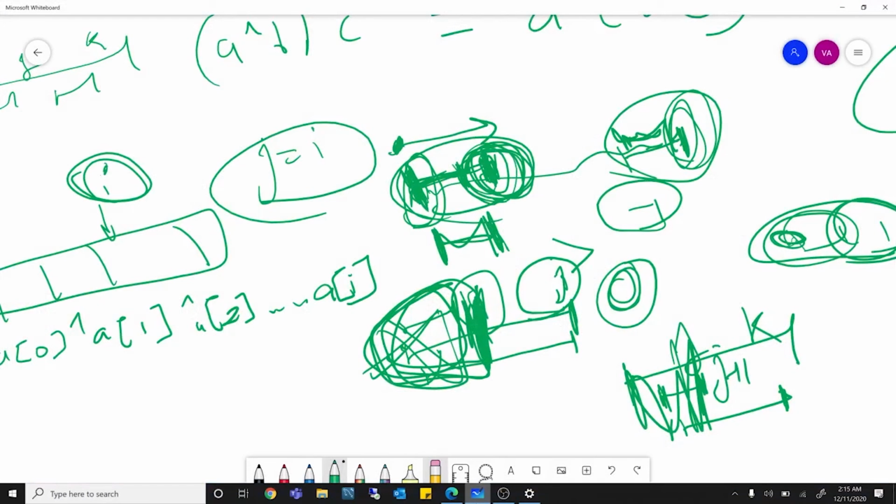Which is also why I've started my k from j plus 1 and j from I, so that when I take the XOR with I minus 1, it is still stuck at 0. And when I take from k, it goes up till j plus 1. That's why I've done this, because it would not be right to compare two same elements.